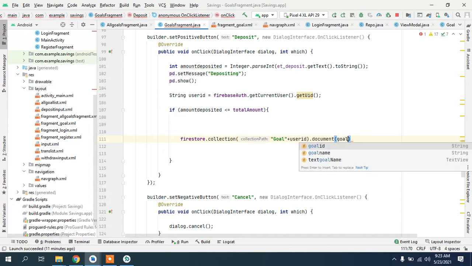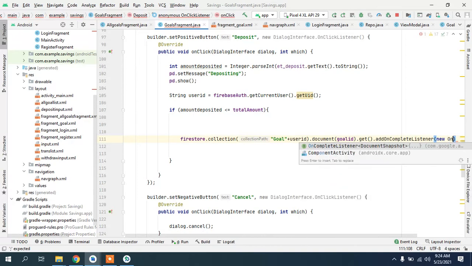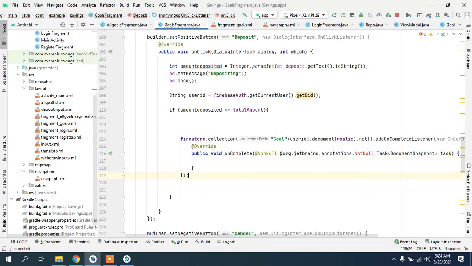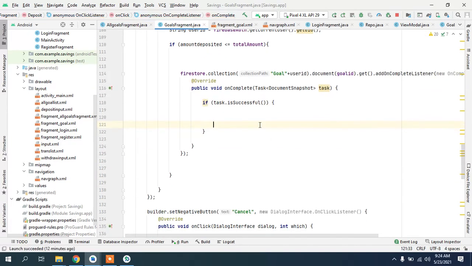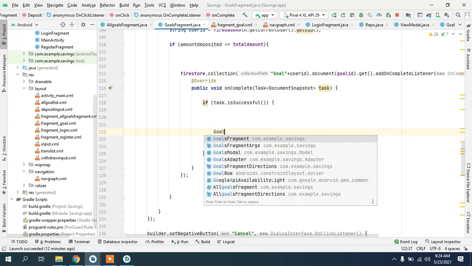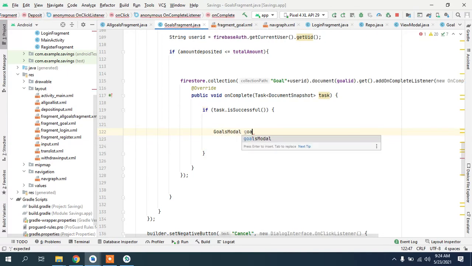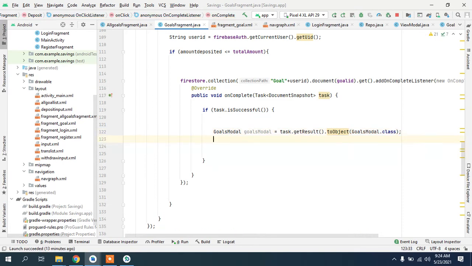Let's access the document that we are trying to update, and if the task is successful, then what happens is goalsModel, task.getResult toObject,